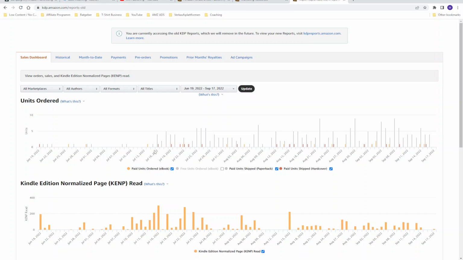Before this date, my royalties were about $50 up to $100 a month. After advertising, my royalties increased to between $300 and $400 plus per month. And even in September right now, we are currently over $300.